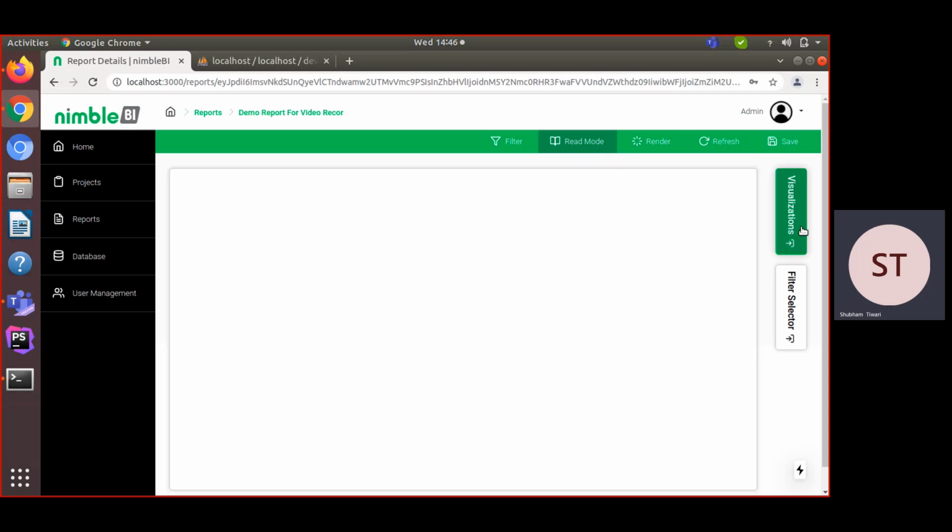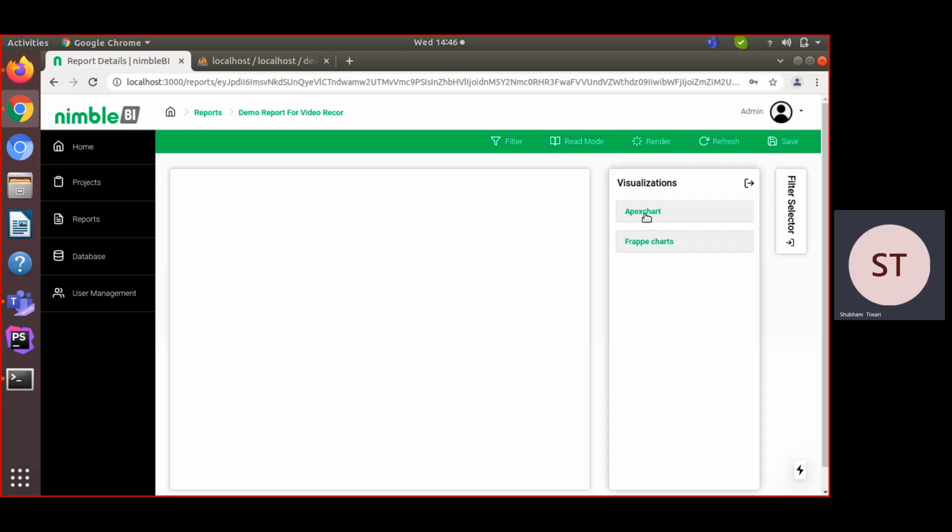Now you can choose the type of visualization graph you want to create. Here you can see we have two main categories, first ApexChart and the second one. We will discuss all of our graphs, but let's start with ApexChart, and in ApexChart I am using the line chart first.